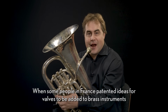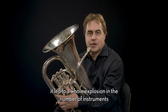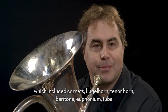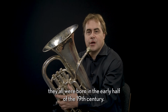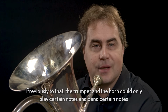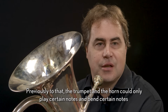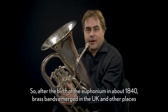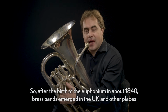When some people in France patented ideas for valves to be added to brass instruments, it led to a whole explosion in the number of instruments, which included cornet, flugelhorn, tenor horn, baritone, euphonium, tuba. They all were born in the early half of the 19th century. Previously to that, the trumpet and the horn could only play certain notes and bend certain notes, but were not fully chromatic. So after the birth of the euphonium in about 1840, brass bands emerged in the UK and other